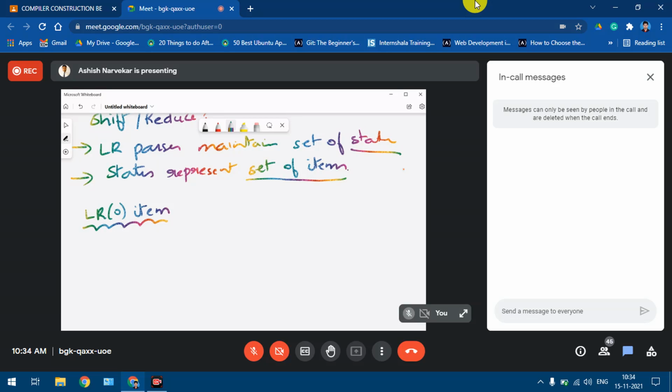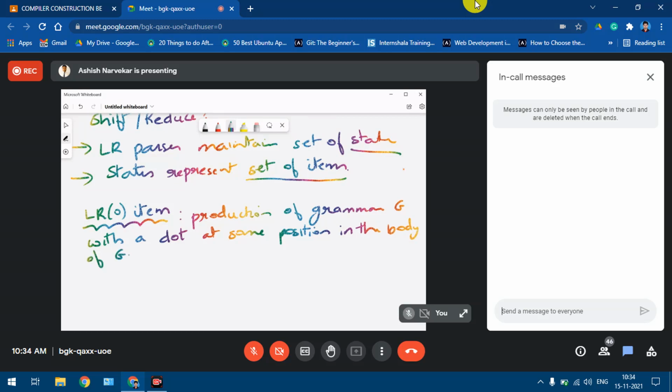This LR0 item is nothing but a production of grammar G with a dot at some position in the body of G. As I have already considered the example A gives XYZ, the LR0 items for this particular production will result in 4 items.